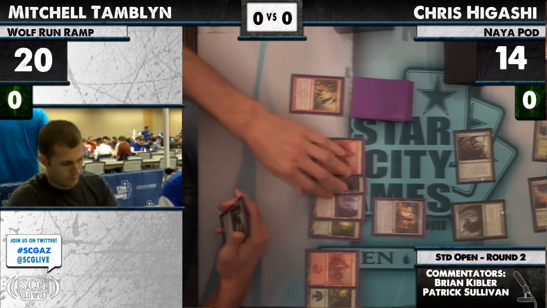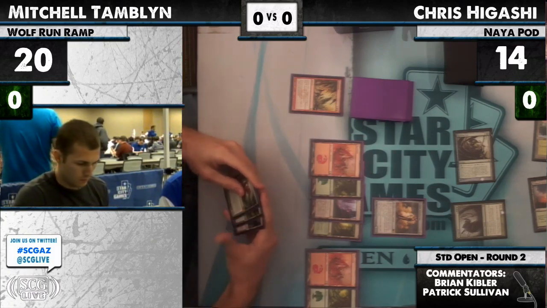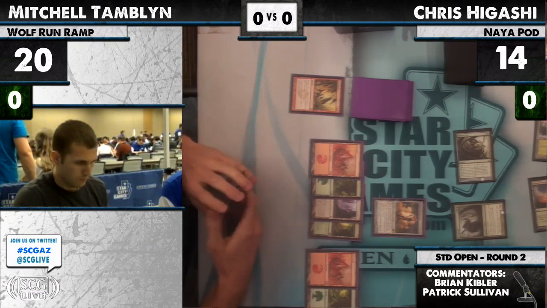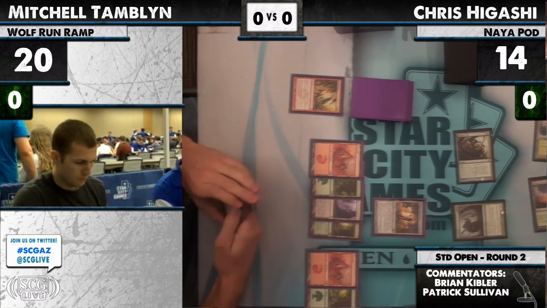Mitch mulling over his options. So I'm a little confused what he's tanking on. I mean, he may want to give Higashi the impression he has multiple 6s. I guess. But I mean,